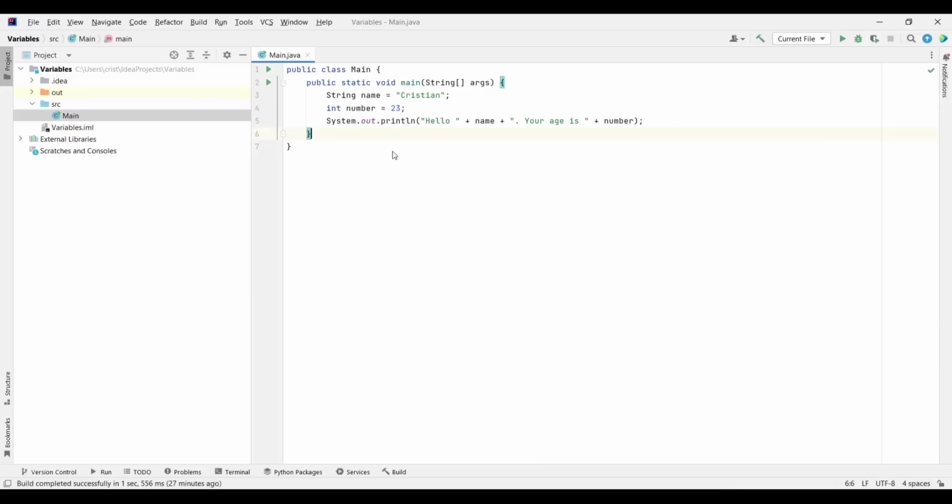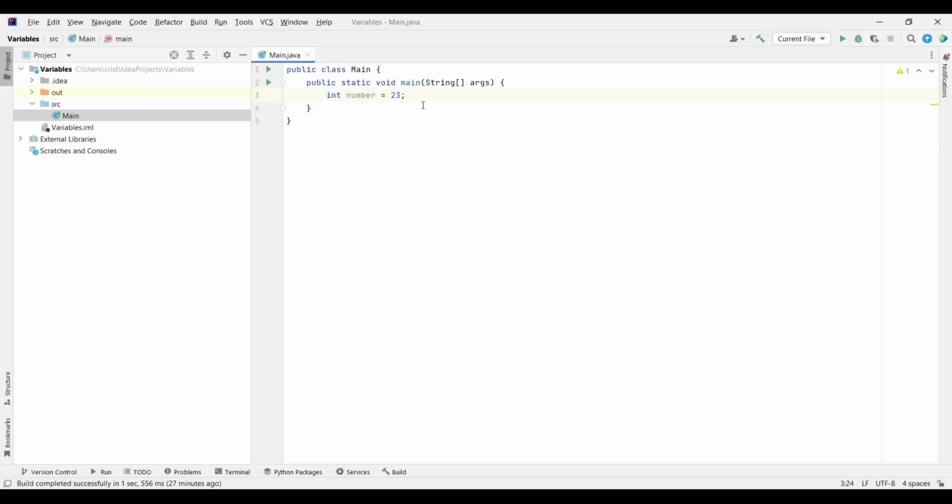Now it's time to look at the next data types that you can use in Java, and by data types I mean different types of data that can be stored in variables. We're gonna look specifically at two more data types for storing whole numbers, and we're also gonna look more closely at the int data type. So let's delete this code. Let's also delete the string variable. Now, what is an int? We know that an int is a type of variable which can store whole numbers, but how big can the whole numbers be? So we can put anything here.